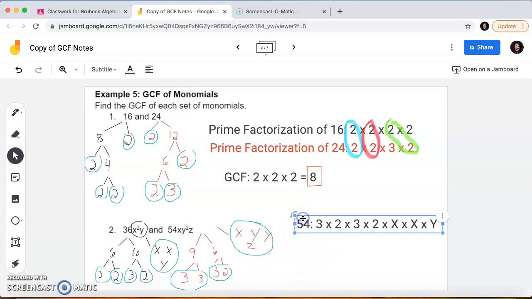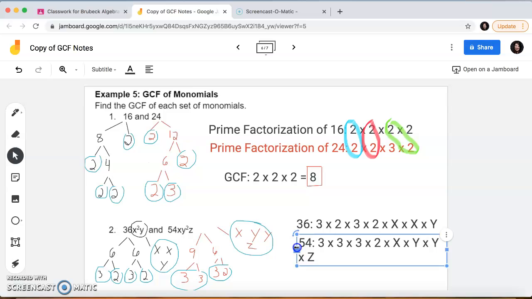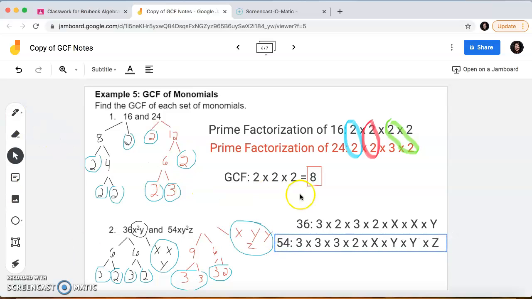Oh, sorry, I wrote a 54 here, and I should have put a 36. And then our breakdown for 54 is going to be 3 times 3 times 3 times 2 times x times y times z. And our GCF, you just want to look at the numbers that they share, and that'll be your GCF. Looks like I'm running out of time on my video, but you just want to look at the numbers that they share, and that will